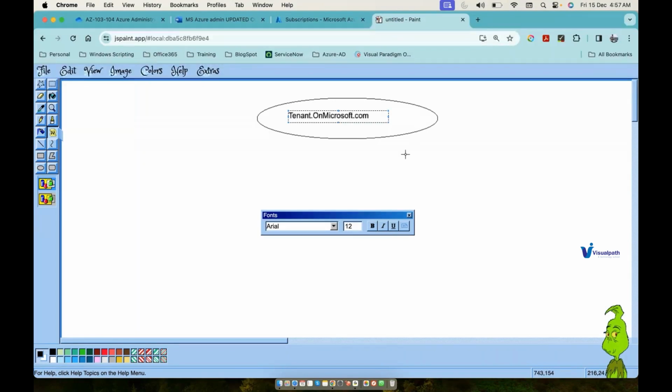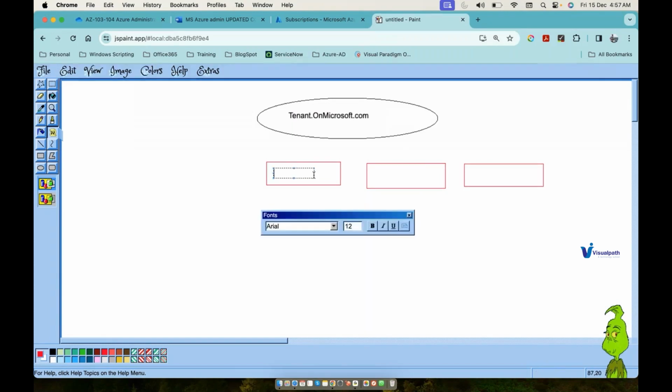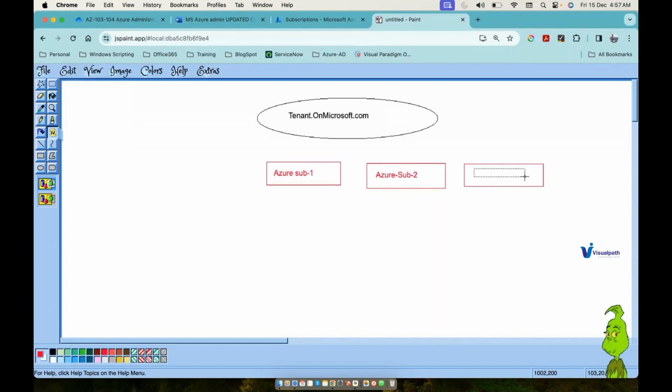So under your tenant, you will have your subscription. You can create one or you can have more than one subscription as per your requirement. And as I told you, Microsoft cloud services like Office 365 or your Azure subscription will have a different role-based access control. Okay. Once you have your subscription,